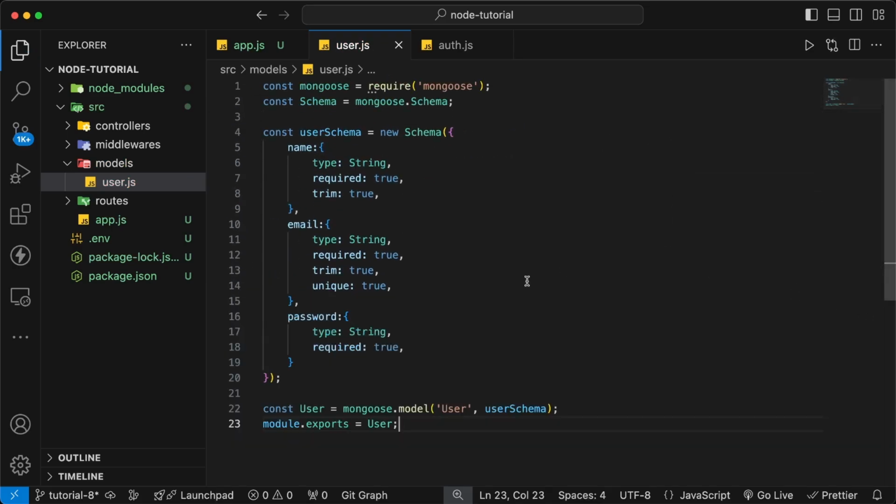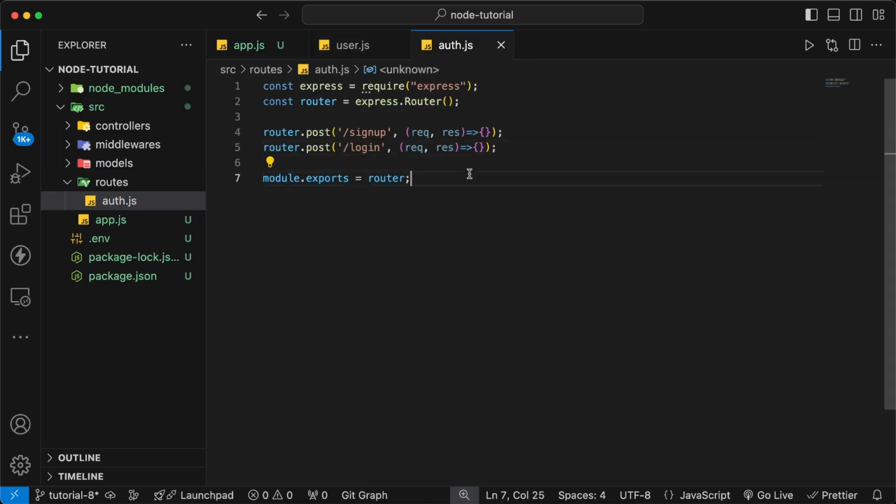Alright, so we pretty much have our bare bones user model ready, and again we are going to perform few more operations before we save that to the database. We'll be discussing pre-hooks and post-hooks, and before we do that we are going to jump back to our routes